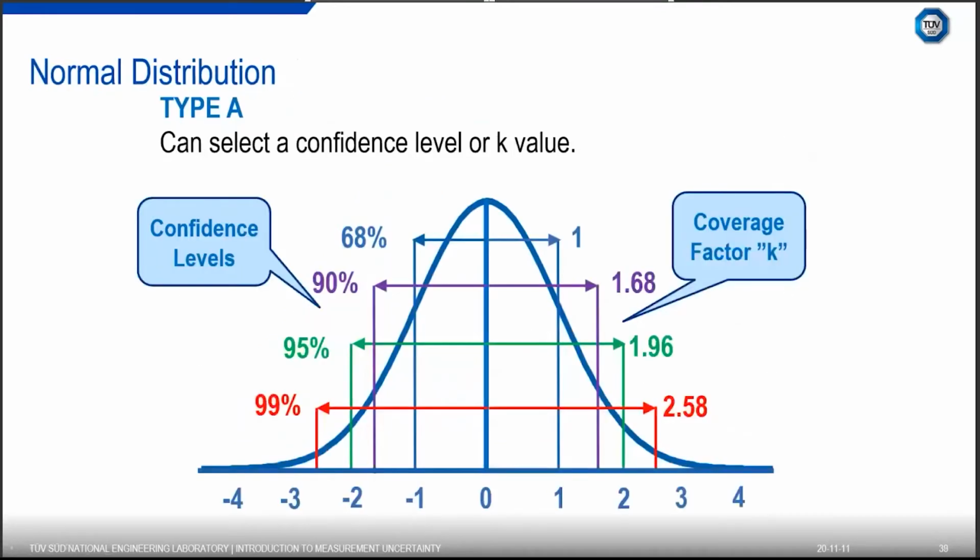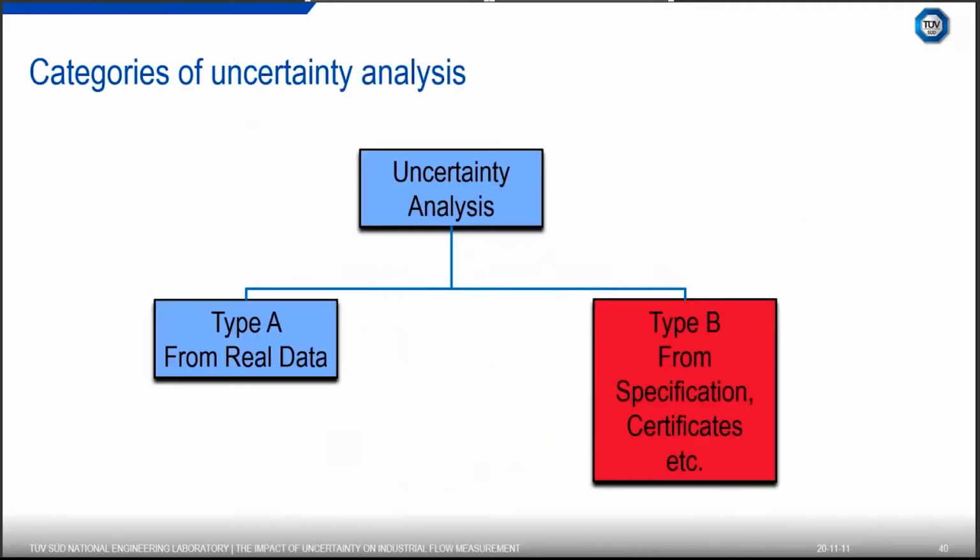And as I said previously, you can select whatever confidence level you want for a normal distribution and multiply it by 1.68 for 90% or up to 2.58 for 99% and all intervals in between as you desire. So now I've been over type A uncertainty analysis. So if we look at type B,